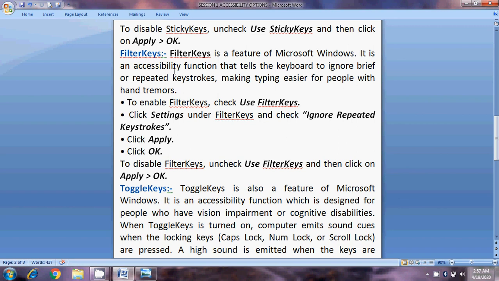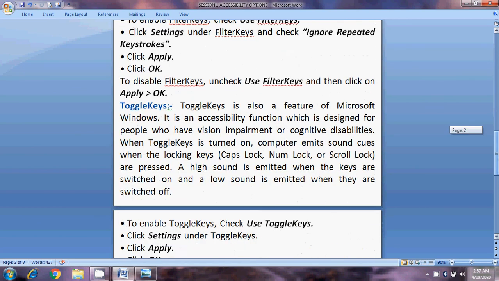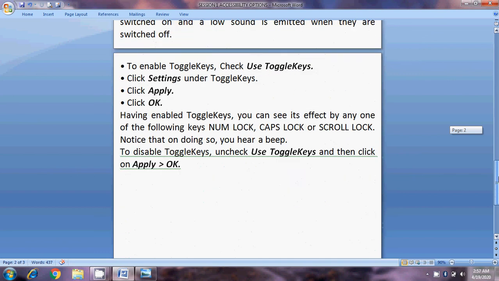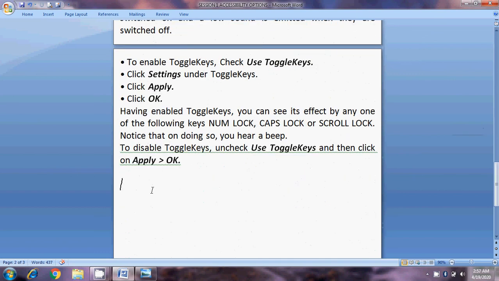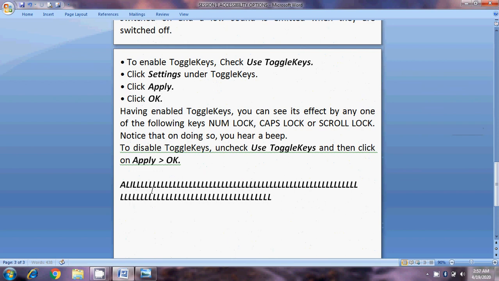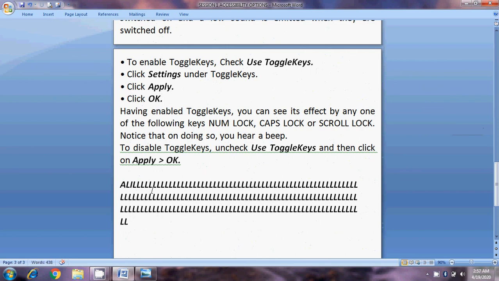Suppose I have to type my name, Anil. And the letter L is kept pressed for a while, then a series of L's gets typed, as you can see on the computer screen.